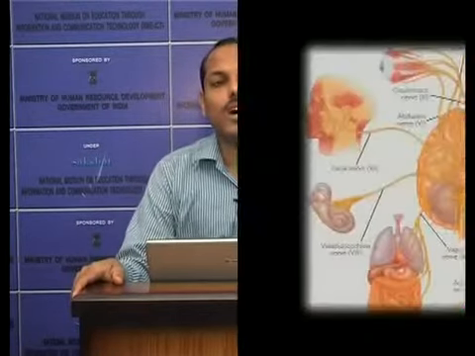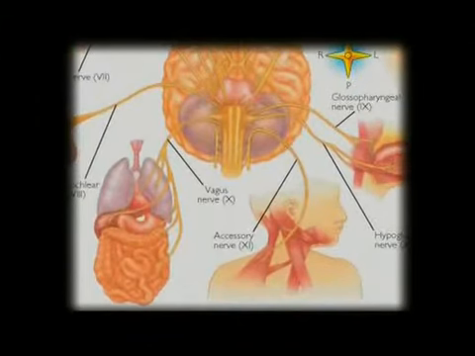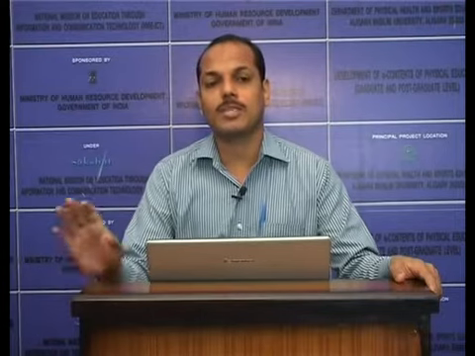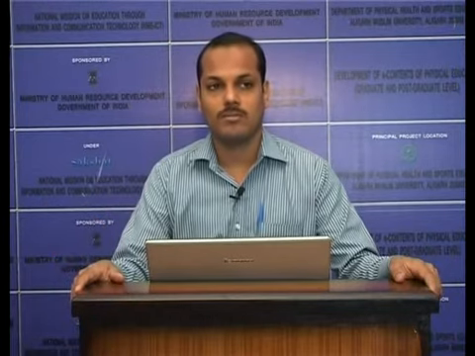10th nerve is the vagus nerve. The peculiarity of vagus nerve is the longest cranial nerve, innervating many structures in the throat, including the muscles of the vocal cord, thorax and abdominal cavity. It provides sensory information, especially touch, temperature and pressure from external auditory meatus and a portion of the external canal. It carries taste sensation from taste buds in the pharynx.